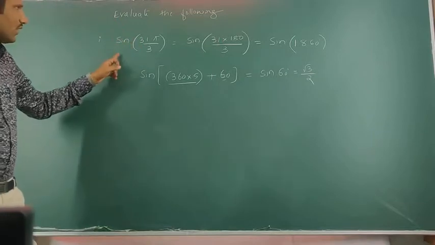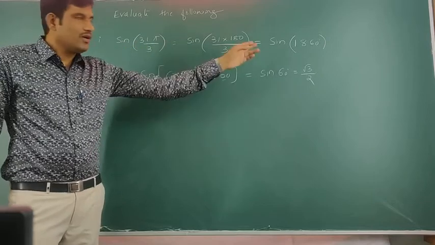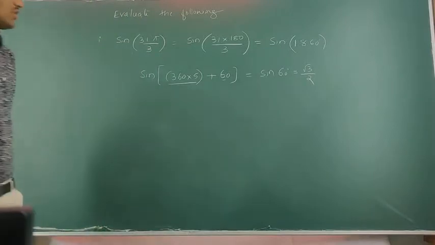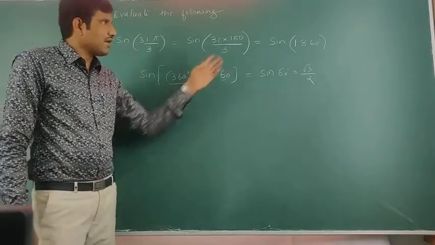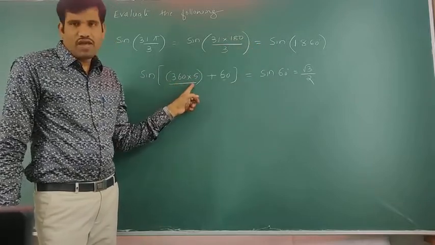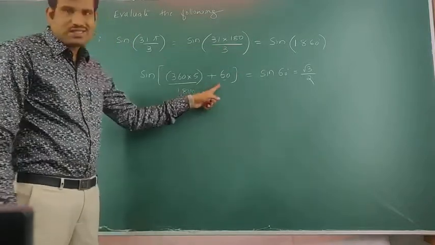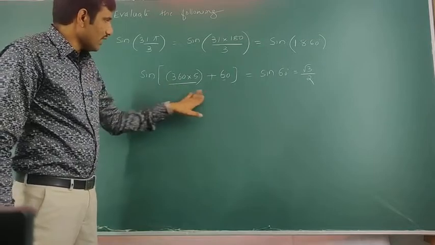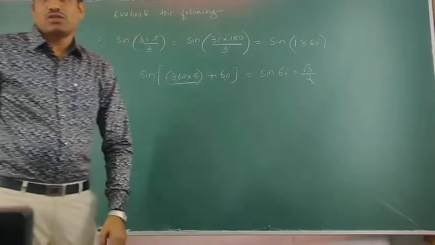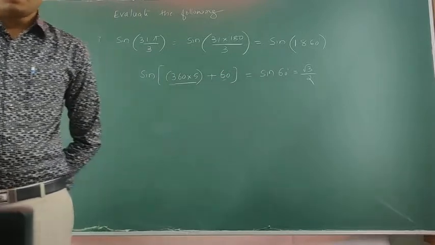Is it clear? So sine of 31 pi by 3: in place of pi substitute 180 degree and convert this radian into degrees. So in degrees we are getting how much? 1860 degree. Divide it by 360. We are getting that whole number is 5. Therefore 360 into 5, this value is 1800. We need 1860 degree, therefore plus 60. So this number of rotations, 360 into 5, we can neglect. Therefore this is simply equal to 60 degree. Therefore sine 60 is root 3 by 2. Is it clear? Is it clear?